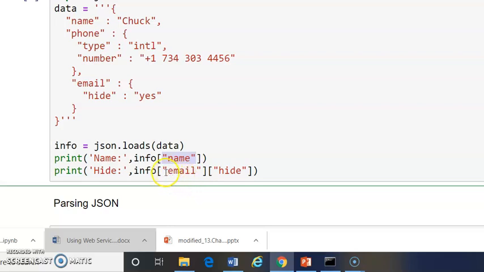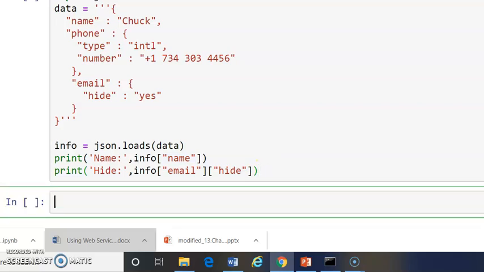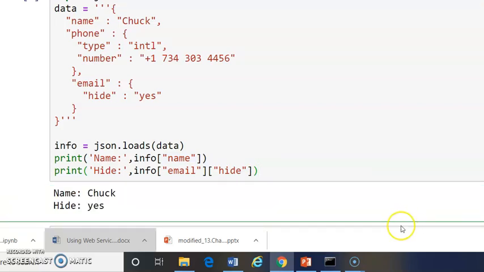So within this email index, inside that it has to go with the ID. You can have any number, but this is a hierarchy. So you need to pass these two so that we can get the information for this ID. We just execute this. That's the output. This is how you work with JSON.